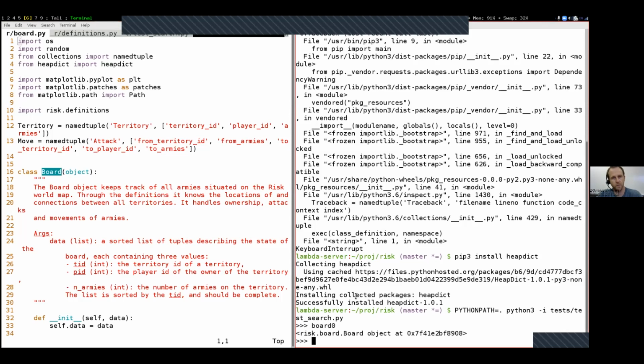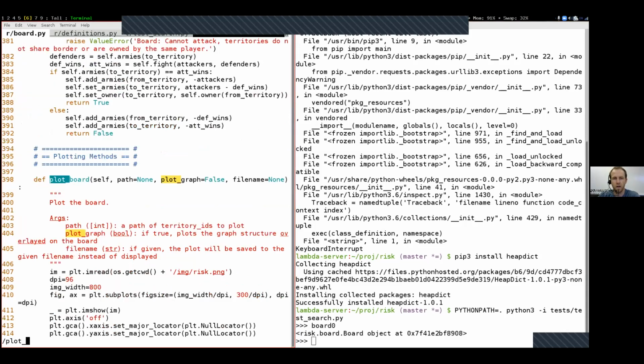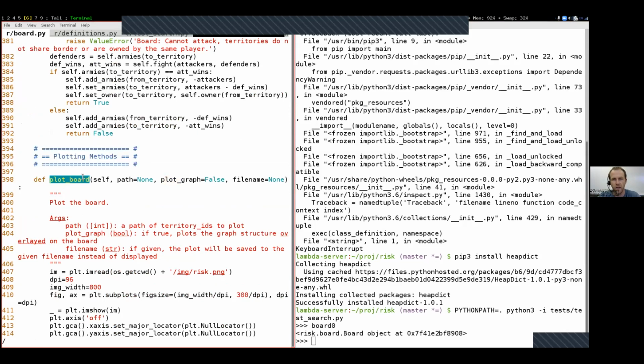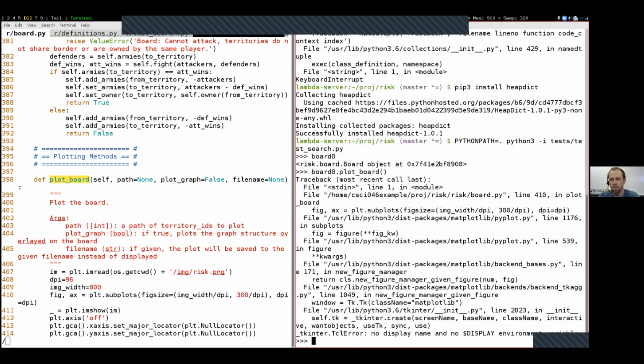The actual function that's going to be the most useful for debugging is a plotting function, plot_board. So I use my slash key inside of Vim to search for this plot_board right here. It's in this section of functions, plotting methods. And let's take a look at what this plot_board function does. Over here on the right-hand side, if I do board0.plot_board like this and hit enter, you